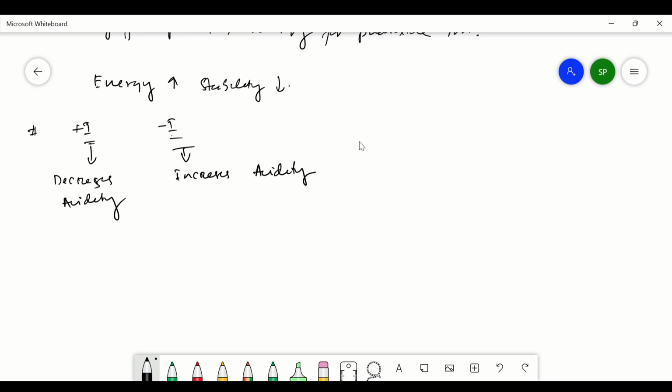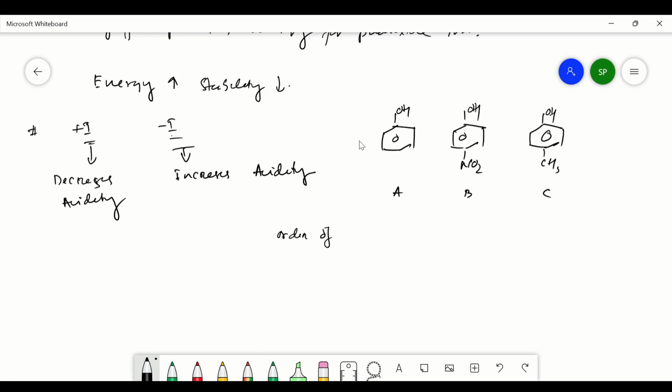Okay. Like if we compare the acidic strength of phenol, para-nitrophenol and para-methylphenol, this is known as cresol, para-cresol. So we name these compounds as A, B, C. The order of acidity will be,